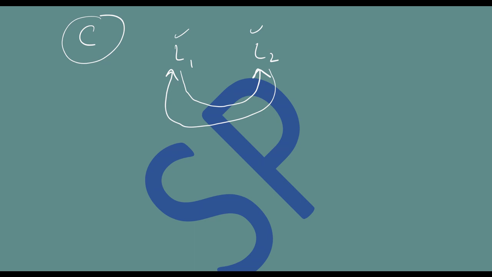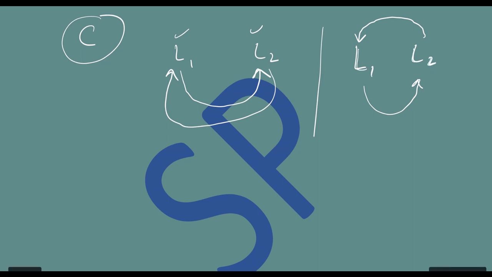But now we are going to prove this theorem: if the pole of L1 lies on L2, then automatically the pole of L2 is going to lie on L1. So that is what we are going to prove now. Once we prove this theorem, next time if we have to show that two lines are conjugate, it is enough if we show that the pole of one of them lies on the other. So this is the theorem we are going to prove.